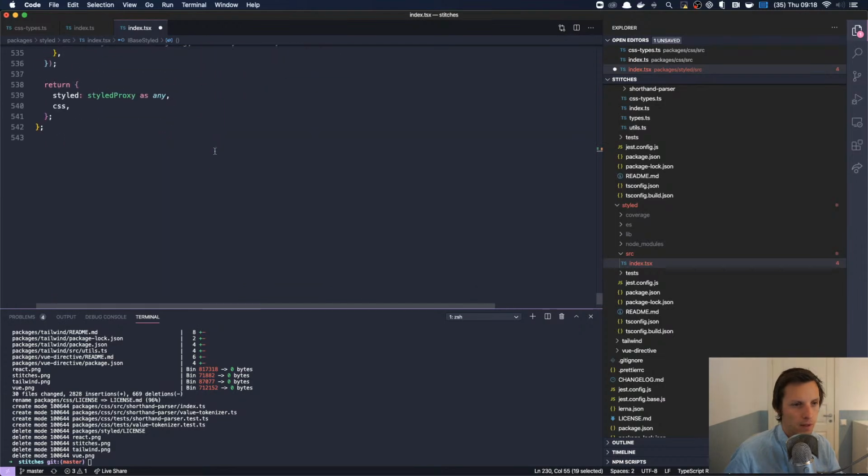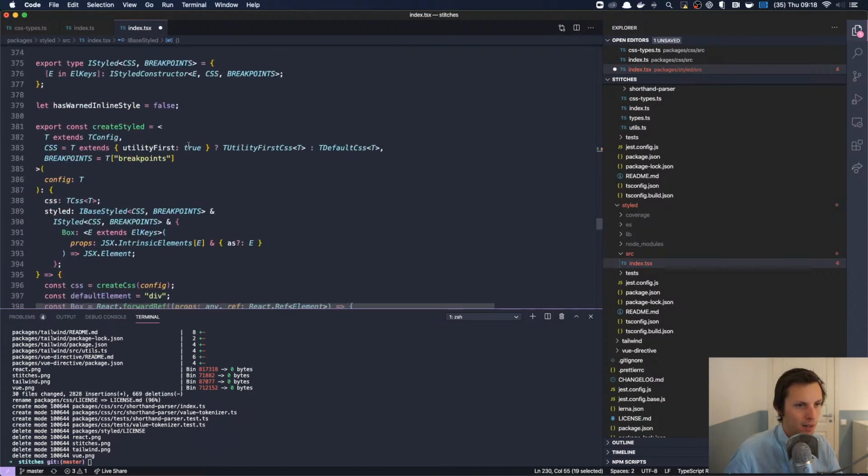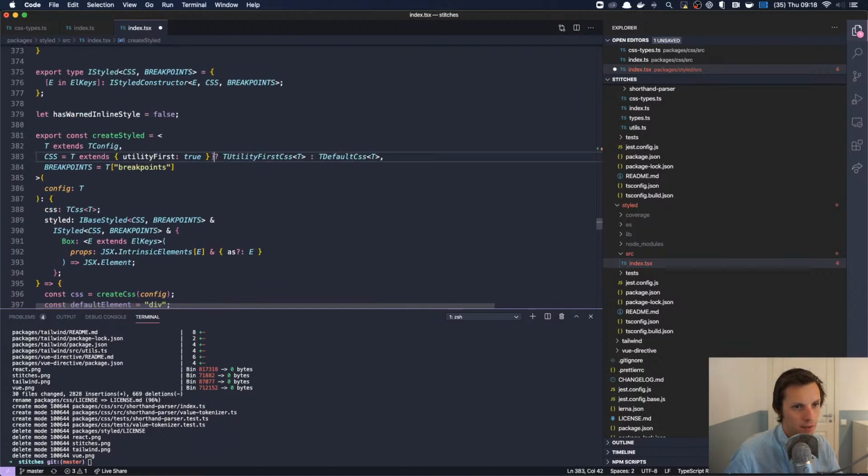Let's see. We create this TCSS thingy. T extends utility first. Okay, I think we should remove utility first. Just do it now because we plan to do that anyways. So we're going to drop this.